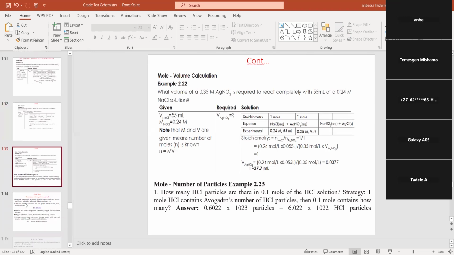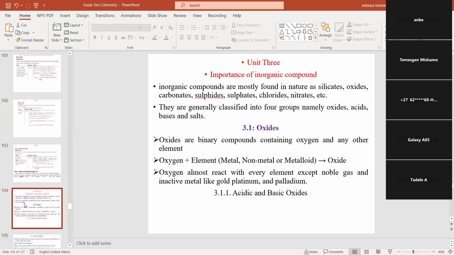Okay. Let's see unit 3. Stoichiometric ላይ special limiting and access reactant ፓርቱን ትቷል።